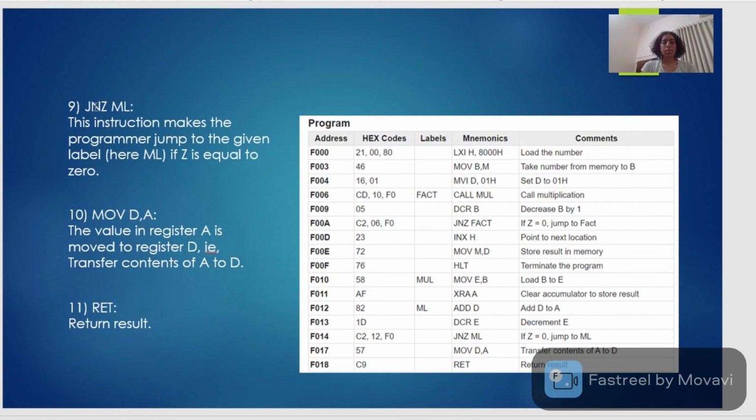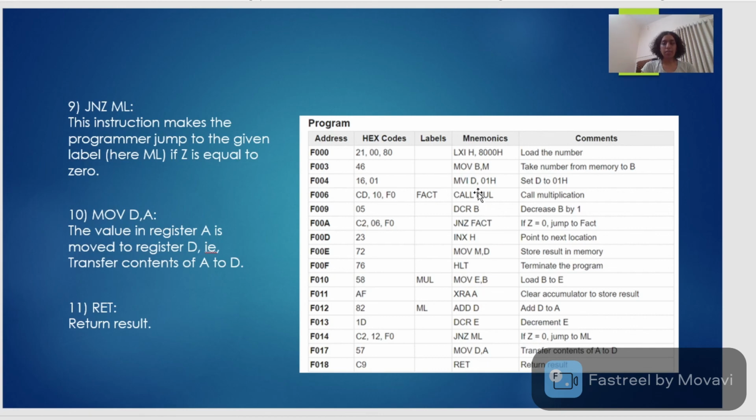It is written jump if not Z. This means that when Z is 0, it will jump to whatever label it is given, that is ML. MOV D,A. Again we have a move instruction, so transfer the contents of A to D, and both are registers, and this is the return result.